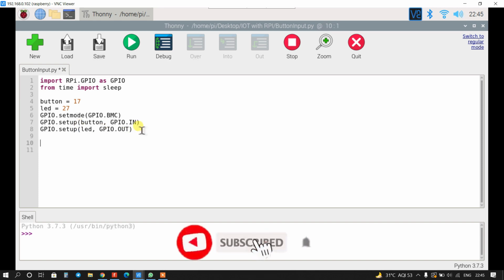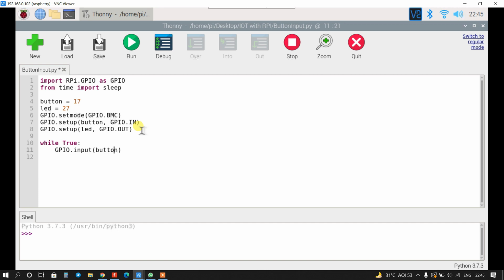Now I will use a while loop here. It is infinite, that's why it will be true. And first I will read the button. So GPIO dot input button, it will return the data like 1 or 0. So I will store it in button value.